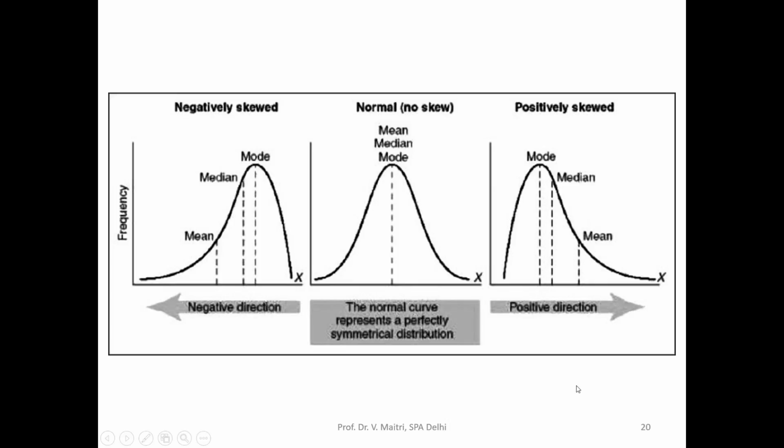So if we fold this, this and this will meet, and this value will meet this value, and this is our mean value. So it is also a bell-shaped curve, and that is known as a normal curve or no skewness. And the data where mean, median and mode differ, where data is more scattered on the left side, is known as negatively skewed, and if the data is skewed positively on the right side, then it is known as positively skewed data. We will see more examples also.